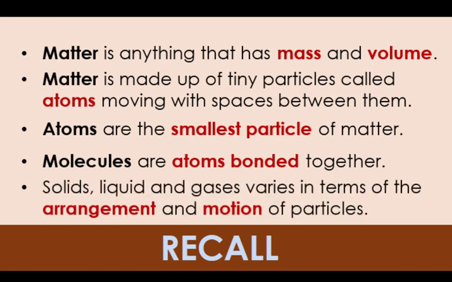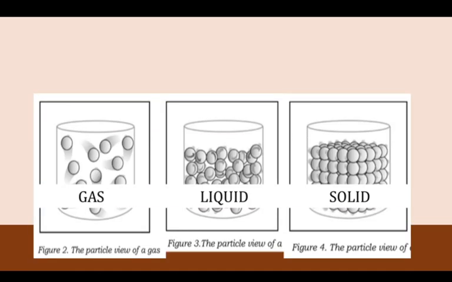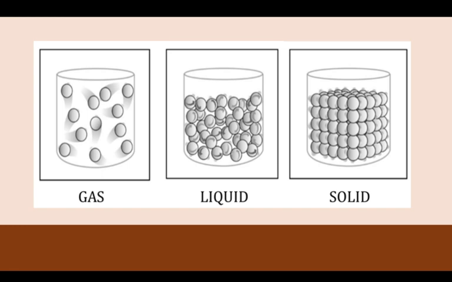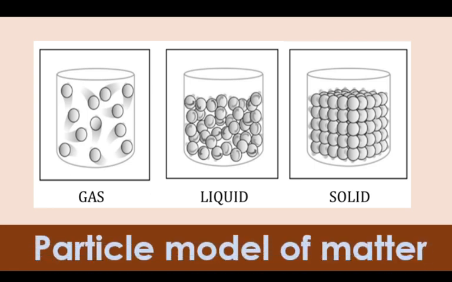Solids, liquids, and gases vary in terms of the arrangement and motion of particles. You also now have a clear picture of how the particles are arranged in the three states of matter: solid, liquid, and gas. These ideas are some of the features of what scientists call the particle model of matter. Series of activities will help you understand physical changes in terms of the arrangement and motion of atoms and molecules